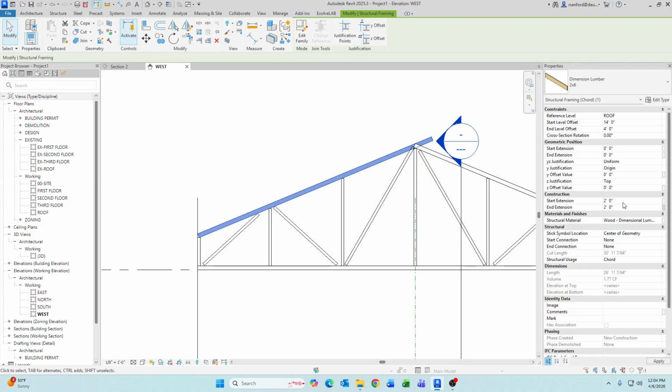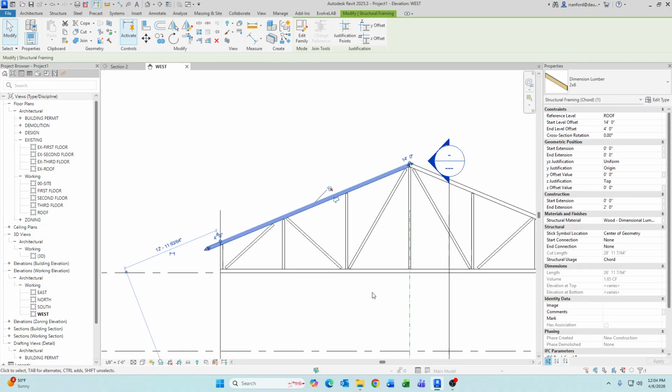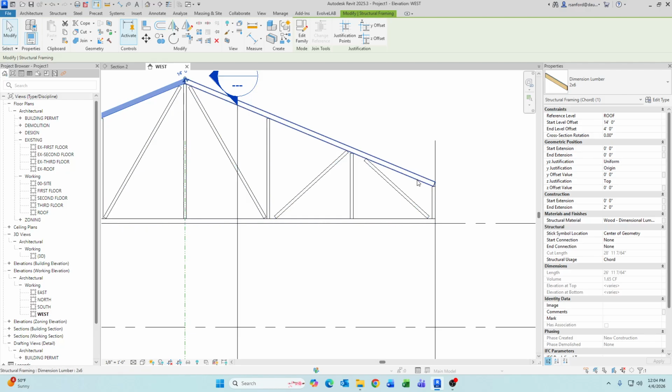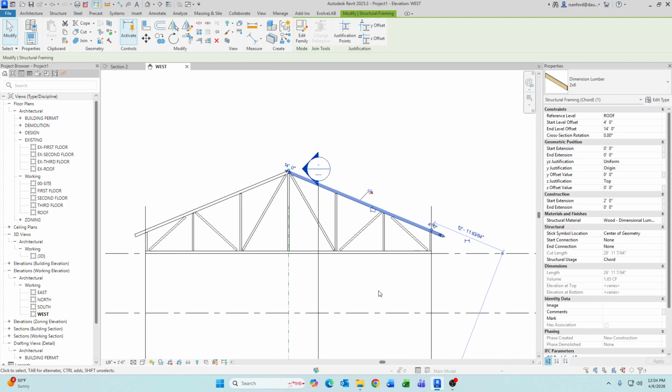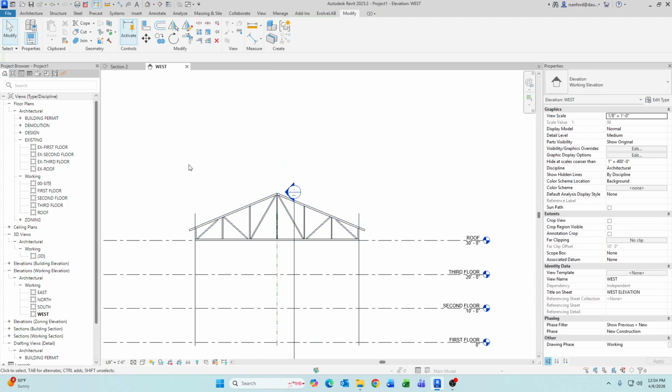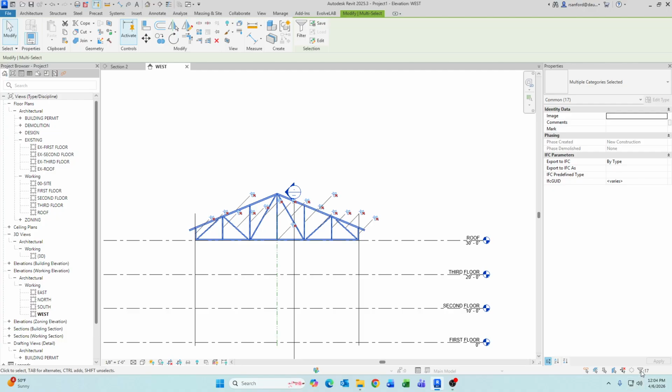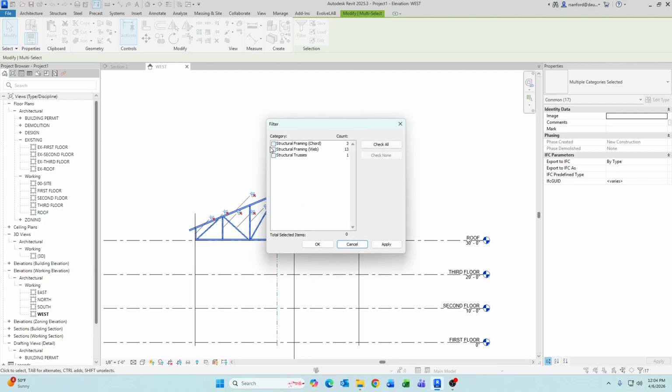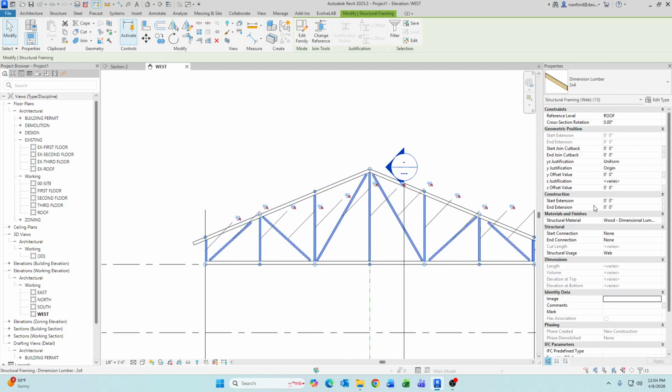Jeez, come on, 2. Make that 0. You know, if there's like a roof overhang in terms of these, what was that, start? So this will be the opposite, yeah. And then if I select, actually I can just window this and then filter out, check none, filter the web pieces. And if I just put, let's just say, since I've been doing 2 feet,